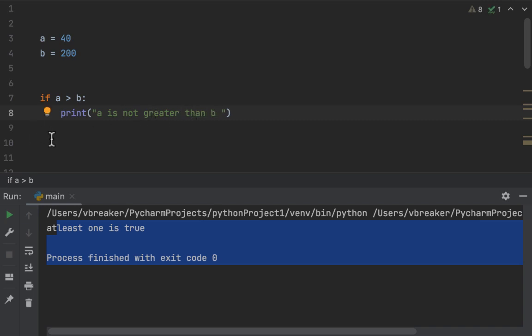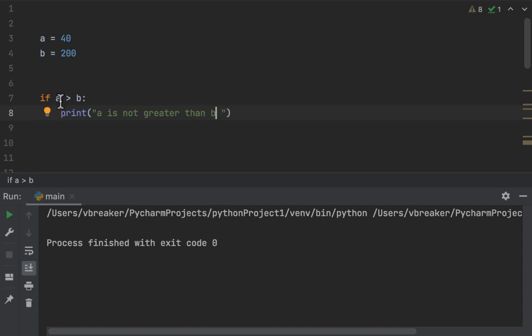So when we run this code, you see we didn't get anything because A will never be greater than B, because A is 40, B is 200. Okay, so this is how we use those not and stuff